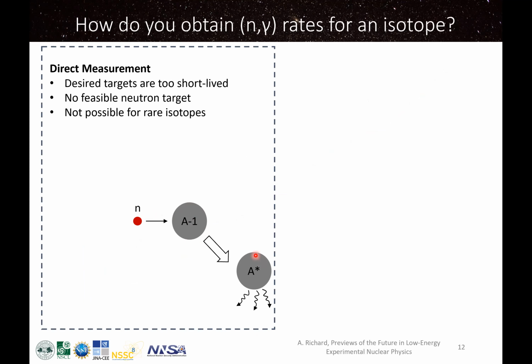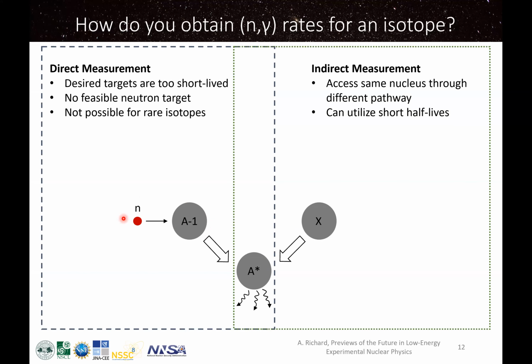But because we're dealing with radioactive nuclei, this A-1 target is prone to some sort of decay. It has a short half-life. The neutron itself is also not feasible for a target. And so what that means is that we can't really do direct measurements at this point in time for radioactive nuclei. So instead, we have to look towards indirect measurements that will allow us to access this same A-star nucleus